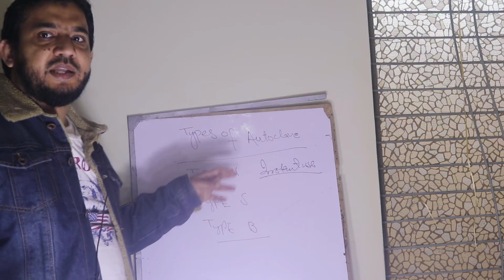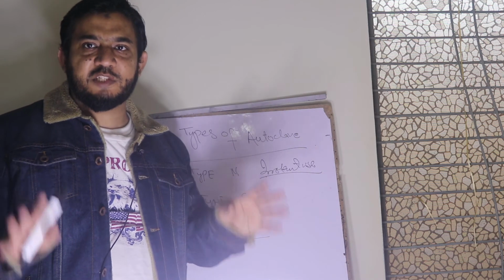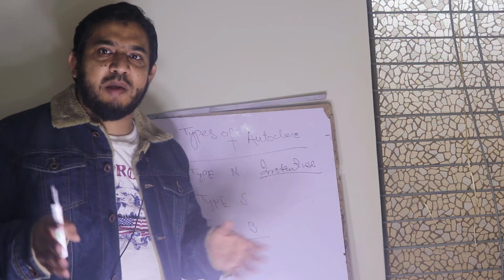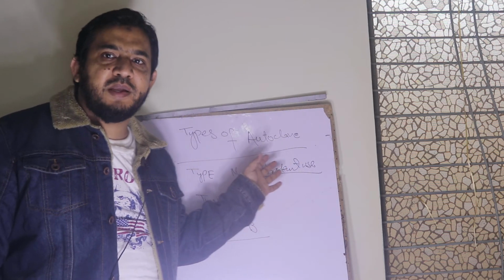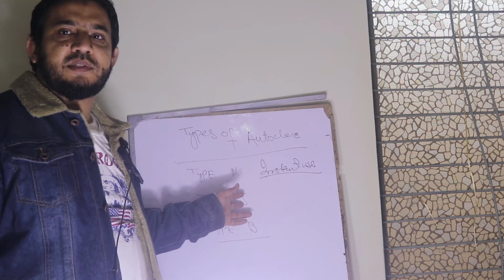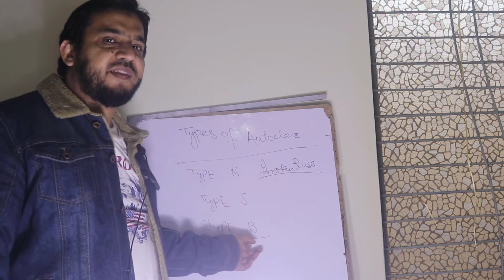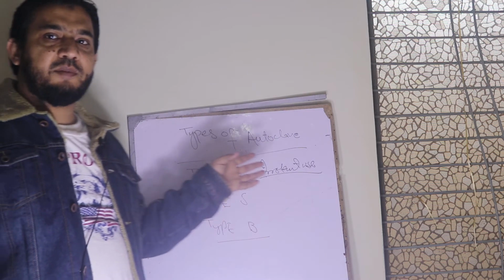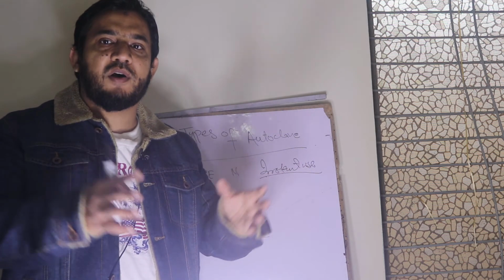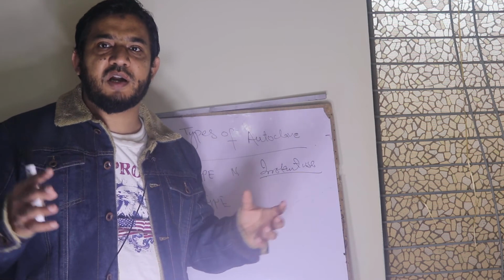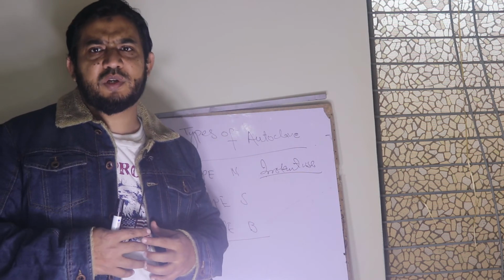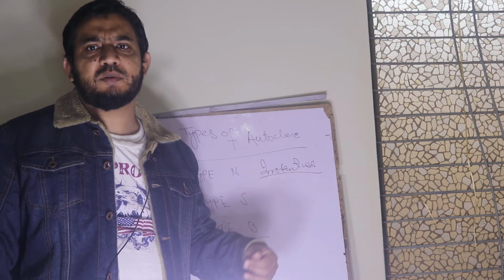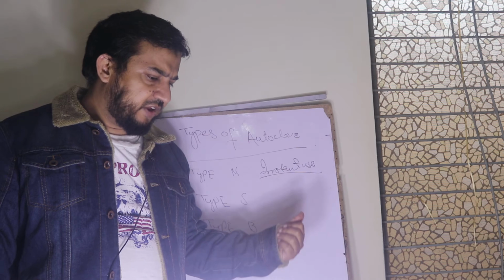In S class there is a little bit of satisfaction, I would say. To memorize it: N means normal, S means satisfaction, and B is the best. All these types of autoclaves are available in the market, and you can select according to your necessities and your patients. At least try to go for B class autoclaves, which are the best in working.